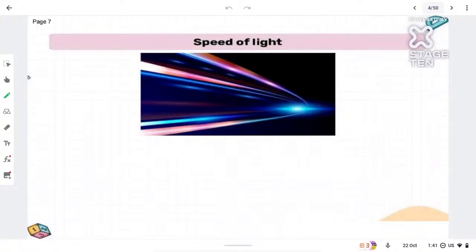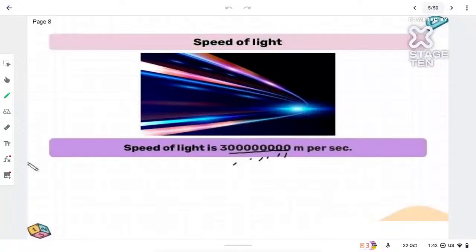First one, speed of light. Light chapter you all have studied. You know that the speed of light is very high. It's not like whenever you turn on a torch, the light immediately runs, right? Does anyone of you know what the speed of light is? Can anyone tell me? That is a common thing if you have studied for Olympiads and foundation. So tell me, in numbers, what is it?